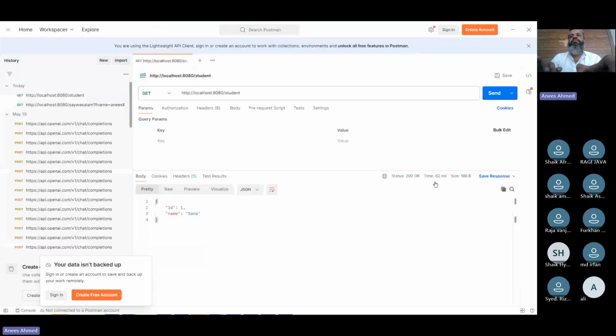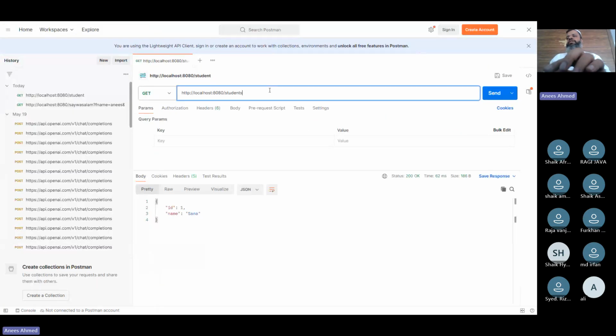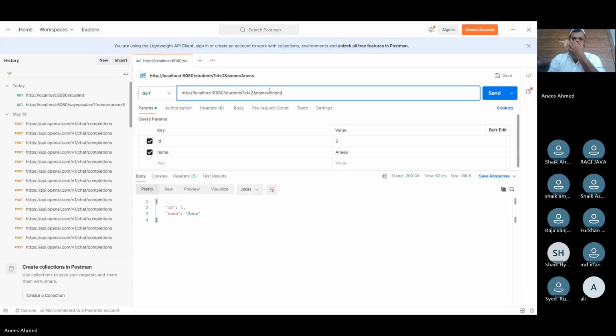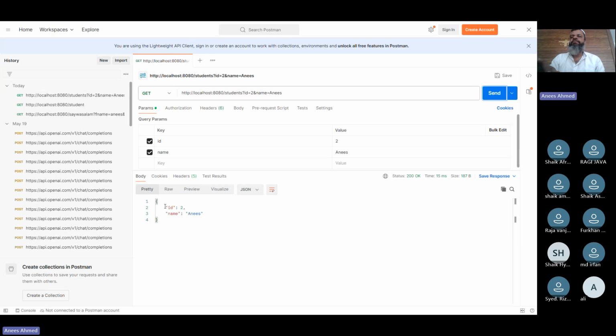So now, students, I will pass a question mark, id equal to 2 and name equal to Anis. Now let's try. See, I'm passing variables, creating the object, and returning it back. So just